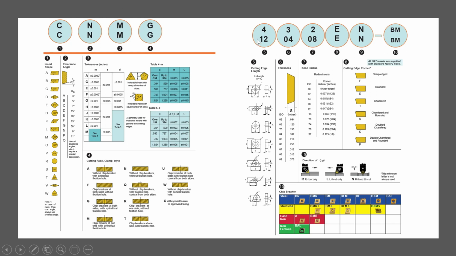Then this fifth part, 12, 04, 08, EN, BM. Twelve is the cutting edge length.